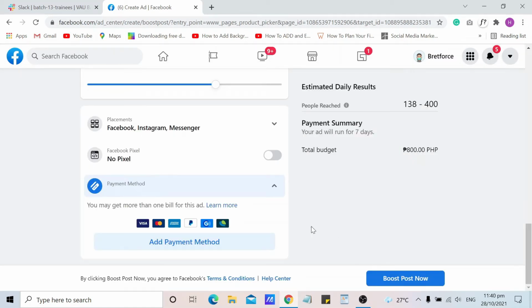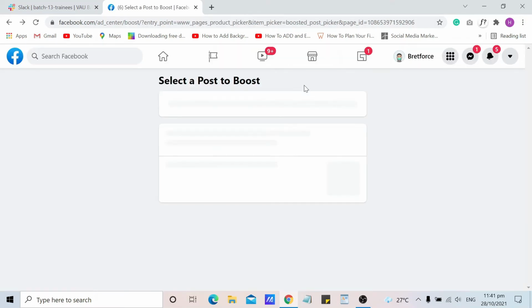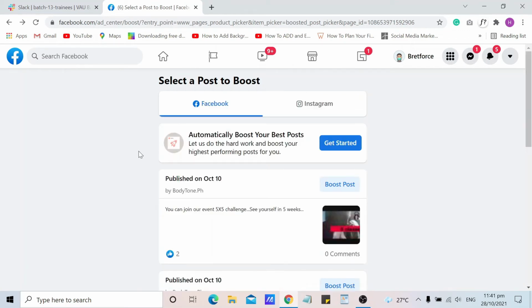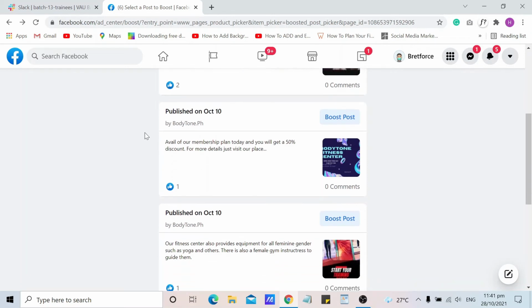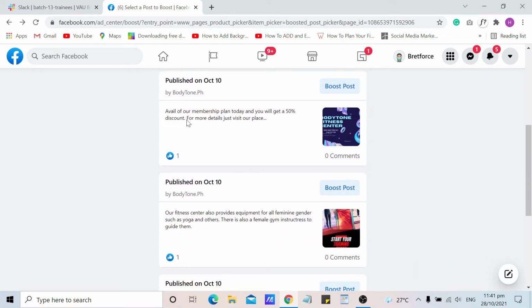And then you can now boost your post on video ad. Just click this button boost post now and wait for the confirmation message to appear on your screen. The next one is boosting a post in text ad.